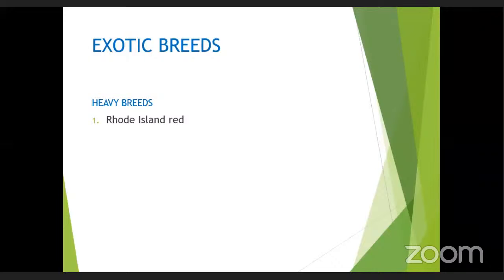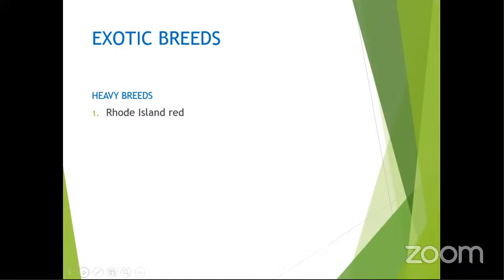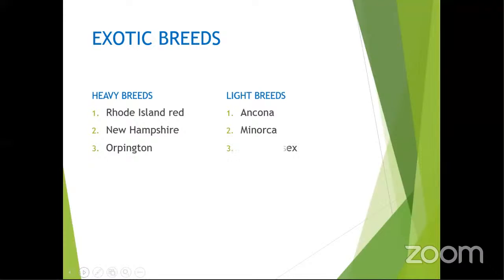And then under light breeds, we have Ancona, Minorca, Light Sussex, White Leghorn, and then the Skyers. So those are the examples of exotic breeds of chicken. And in case they ask you to give any, be able to give at least one. So these are the ones that we are talking about. I will try to classify them according to the groups where they belong.